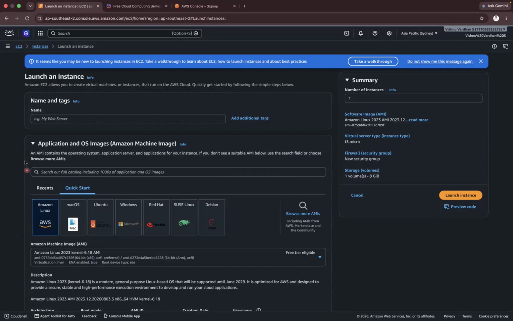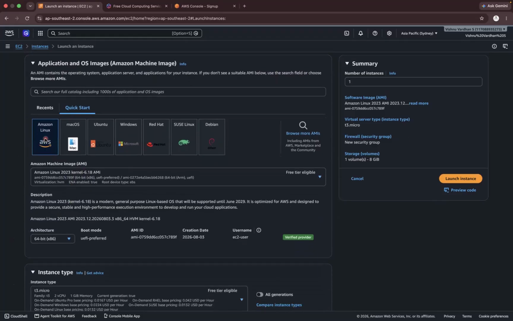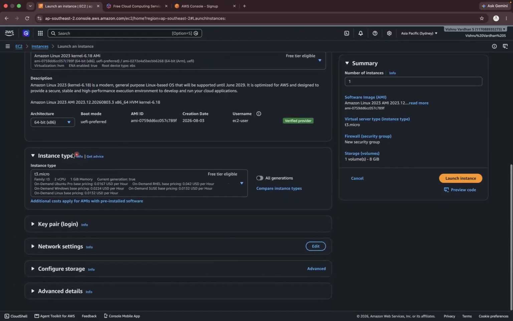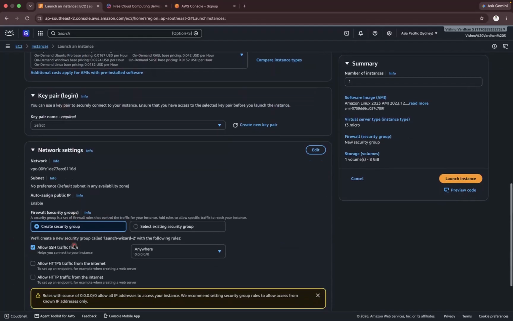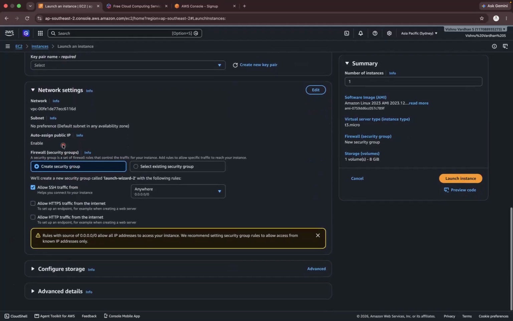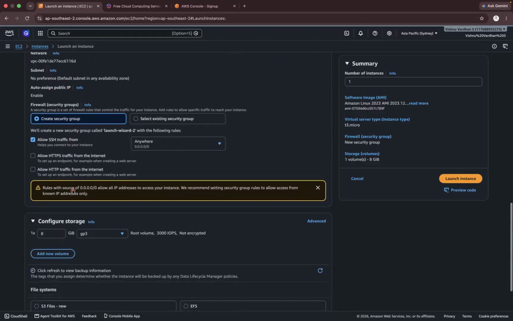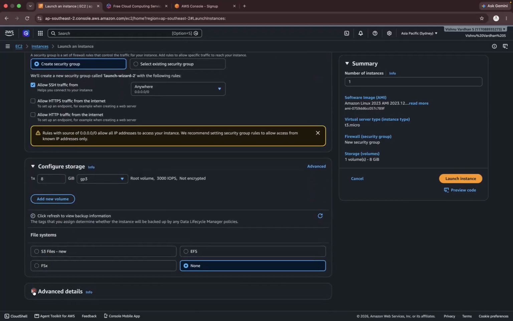I'll do a highlight also. Okay, here you can see what the OS is, a Windows or Linux machine. Then you see instance type, which includes what CPU and RAM I need. Here you have to generate your own key pair login. Network speed, how much speed I need, or I can talk about firewall policies, like what traffic can come into my EC2 and what traffic can go outside my EC2.